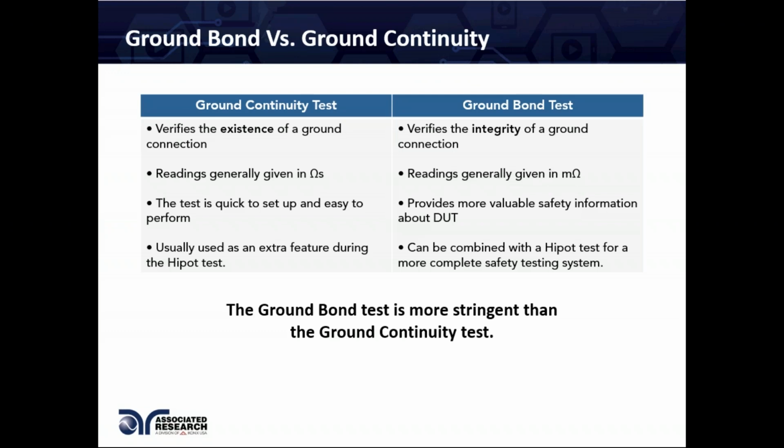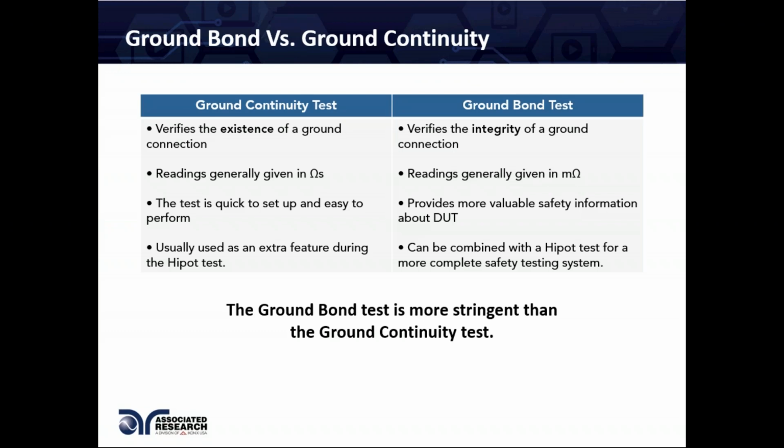Readings are normally given in ohms for the ground continuity test and in milliohms for the ground bond test. And again, looking at one of the requirements we just saw for the ground continuity test, there are no pass-fail criteria other than the fact that there is continuity. The ground continuity test is quick to set up and easy to perform. The ground bond test is also pretty much the same type of setup. It's just that the output is a higher current, so you have to be more careful and make sure it's being performed in a safe